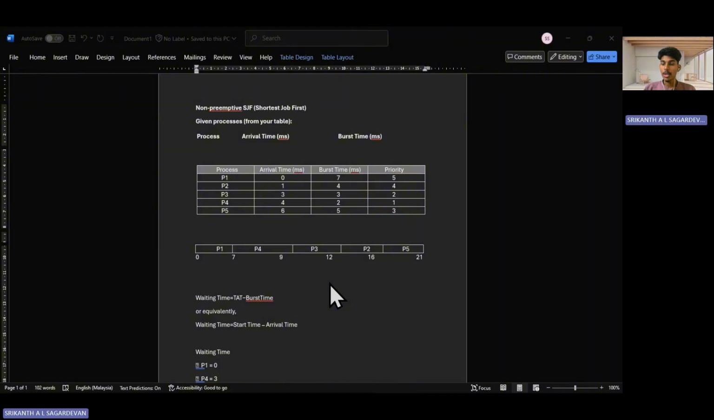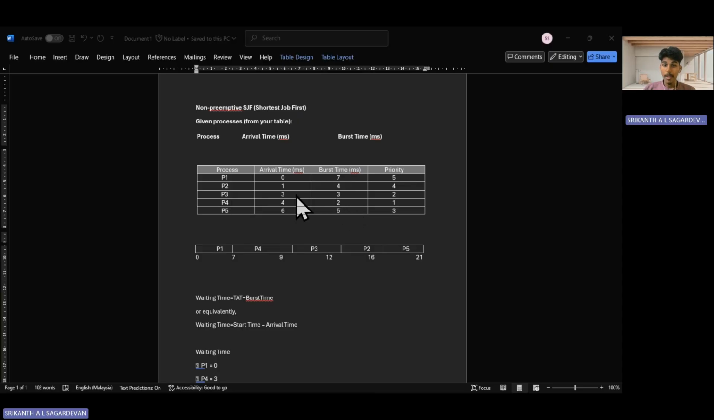At time 0, only P1 has arrived, so we run P1 first, non-preemptive. P1 runs from 0 to 7. At time 7, all other processes have arrived: P2 at 1, P3 at 3, P4 at 4 and P5 at 6. We choose the one with the smallest burst, which is P2,